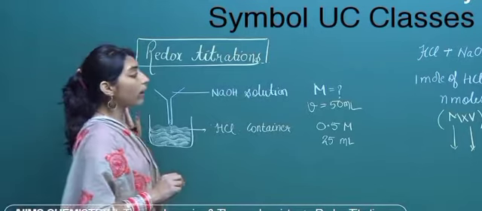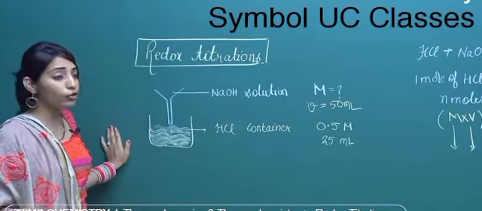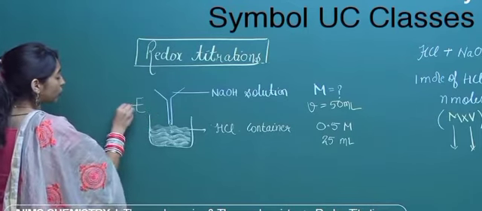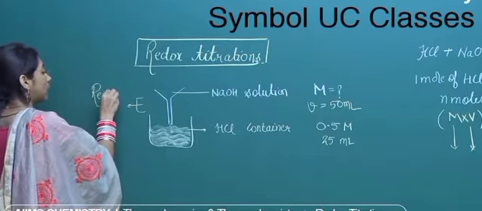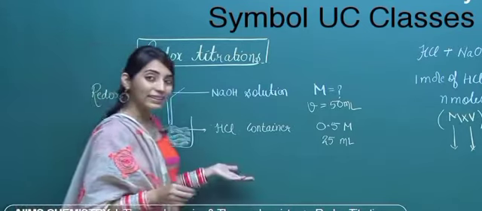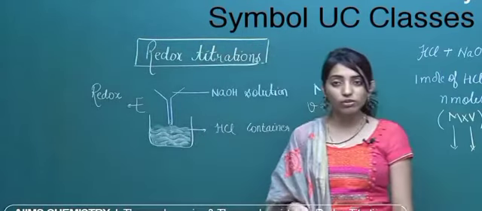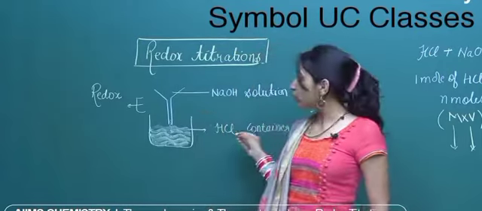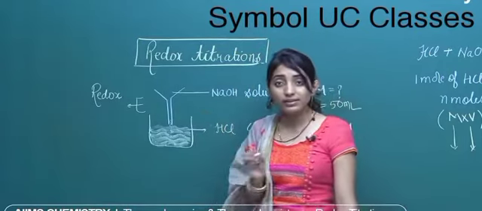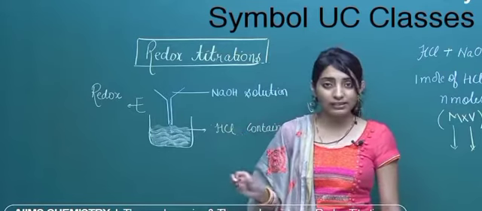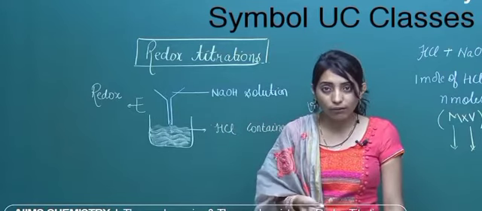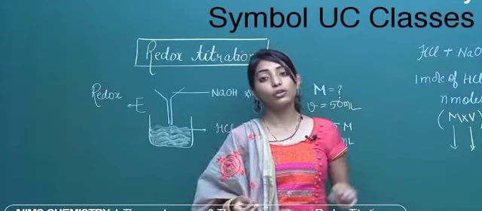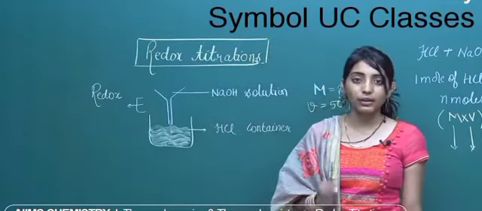Okay. So when I am talking about redox titrations, then for sure when one substance is mixed with another substance, on mixing the two, there will be a redox reaction taking place. Like here, HCl was mixed with NaOH, so there was just an acid base, a cation and anion exchange taking place. But when we are doing redox titration, the meaning of titration is exactly the same. There is no difference in the meaning of titration. But here one more new thing will be added, that means a new redox reaction will be taking place.